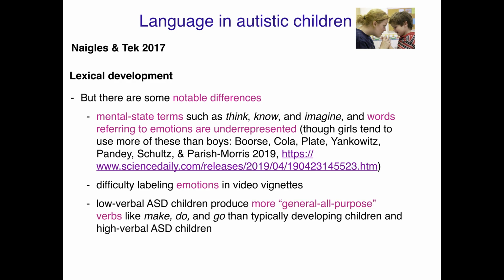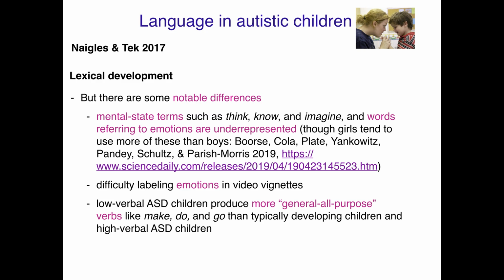And low verbal autistic children, ASD children, turn out to produce more general all-purpose verbs than typically developing children, and even the high verbal ASD children do. These are verbs like make or do or go that you actually see in very, very early development of typically developing kids. When they're first trying to figure out their lexicon, they use a lot of these all-purpose ones